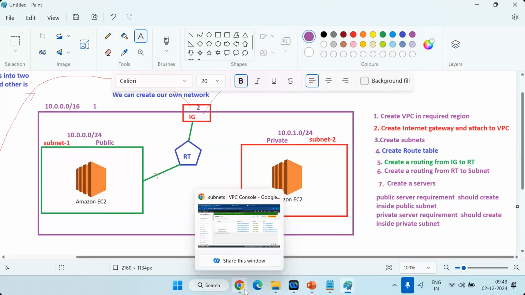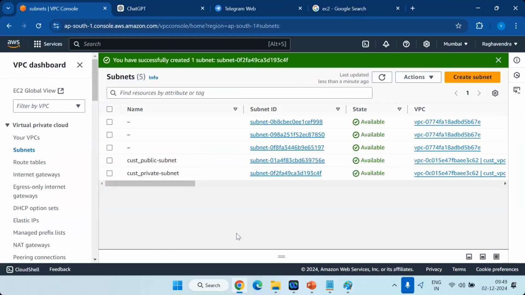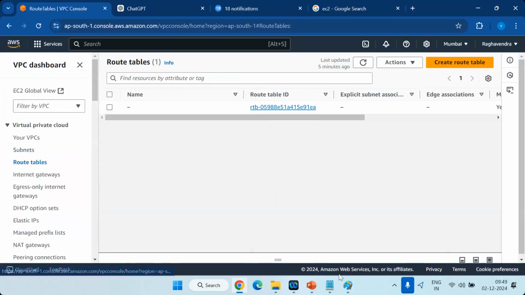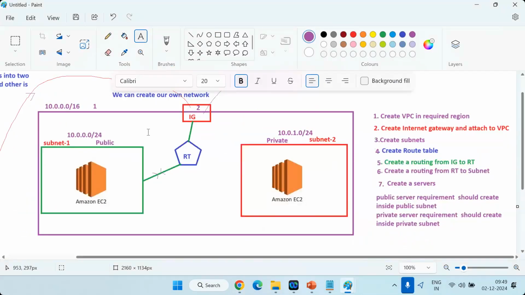Okay, subnets are done. Next is what? Go to the drawing, architecture. Done, done, done, done. This is step number 3. This is also step number 3. Next is what? Create a route table. So guys, just remember, this is path number 1. This is path number 2. Here, if you want to provide pathing from internet gateway to route table,